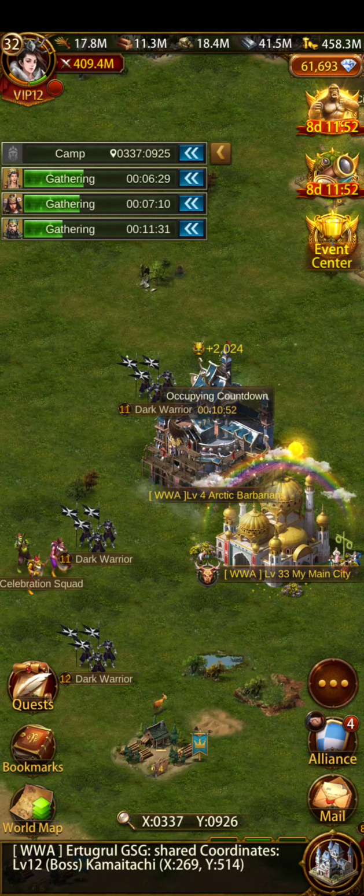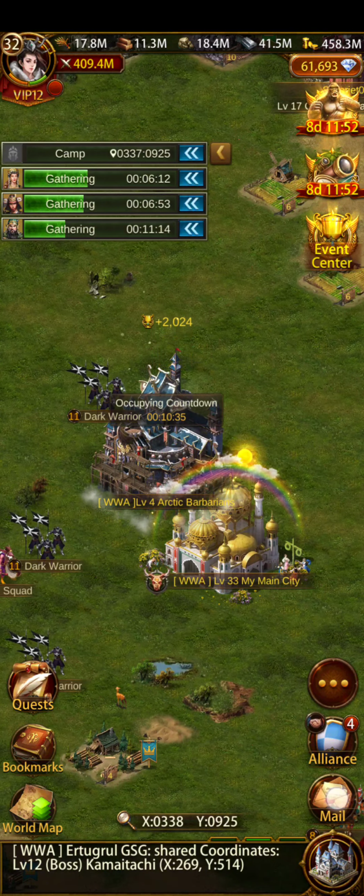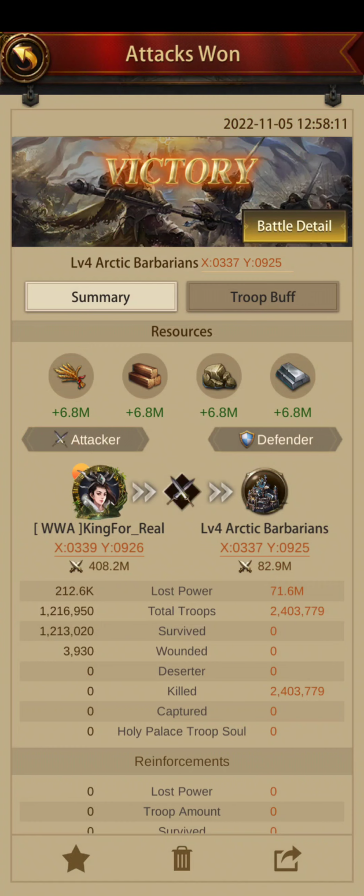But today I want to talk about layering. Layering applies to PVE, so basically attacking players and attacking barbarians. We want to layer our troops. And when I say we want to layer our troops, basically what I mean is, let's go look at this